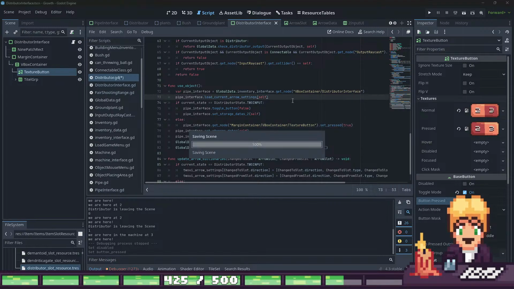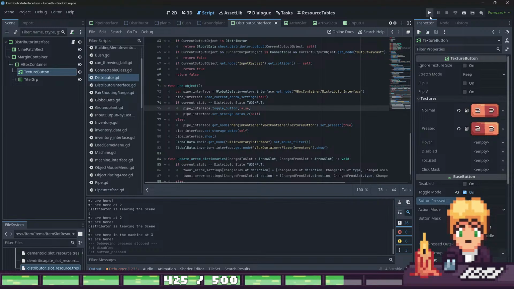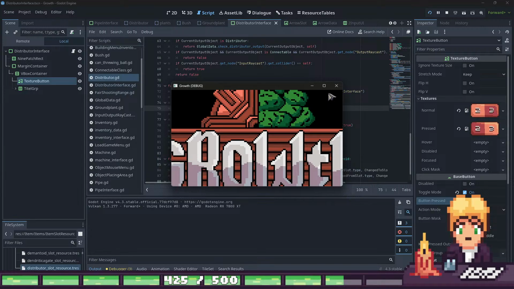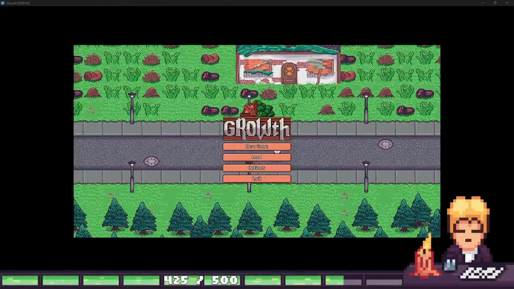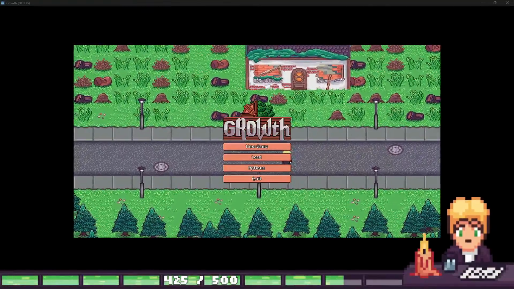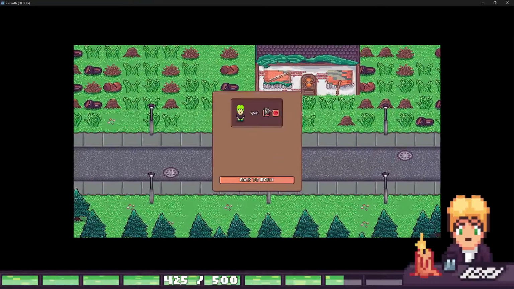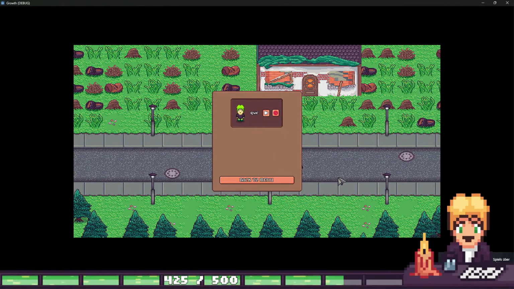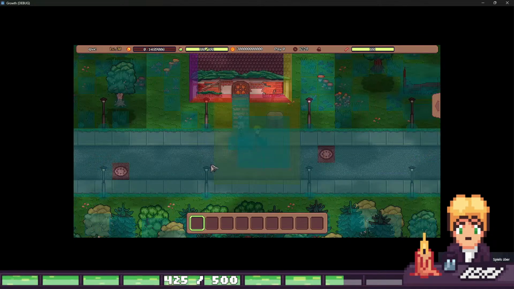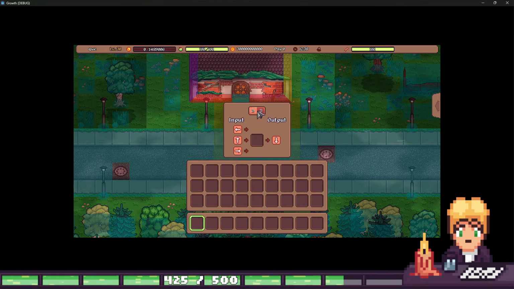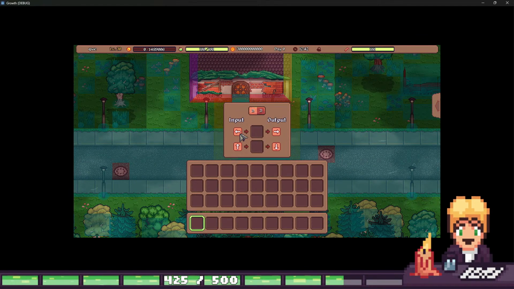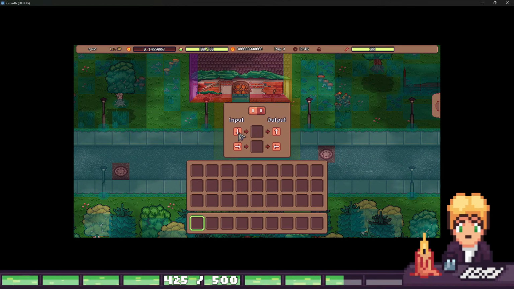So it will also emit the signal. When we did, alright, it's showing properly now, and we can move them